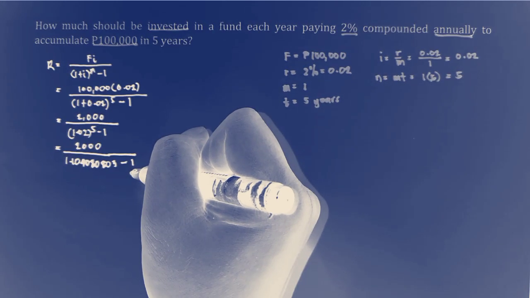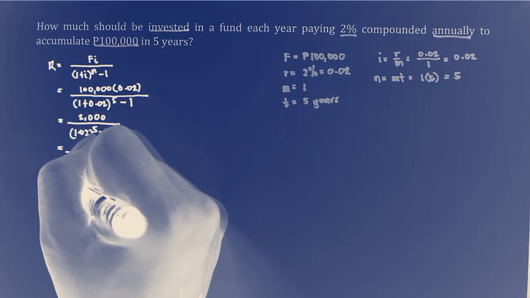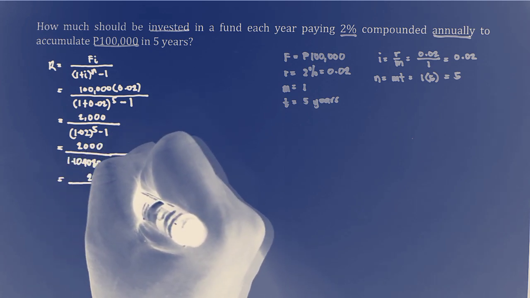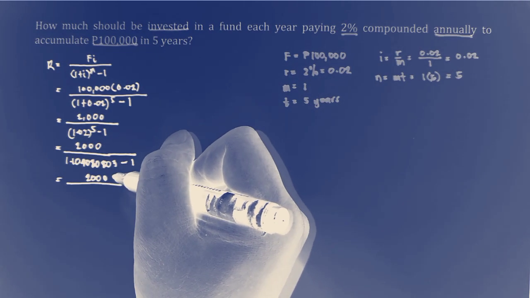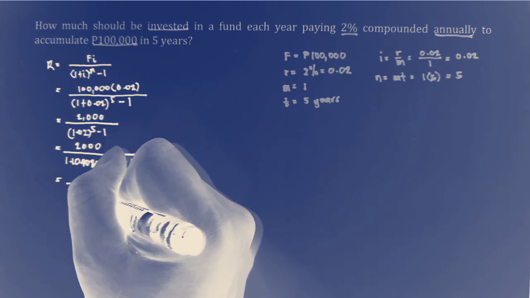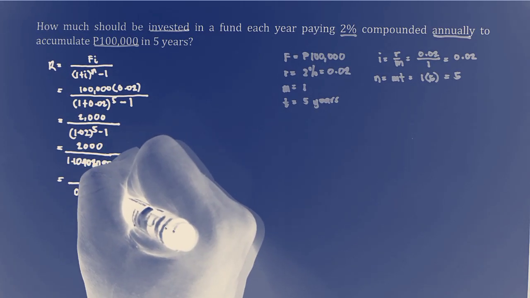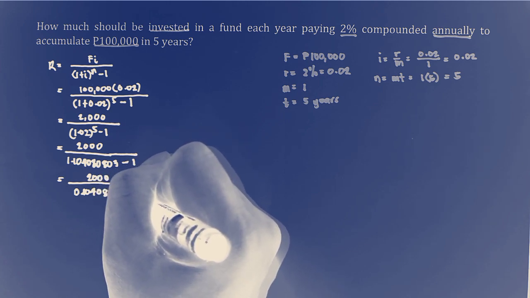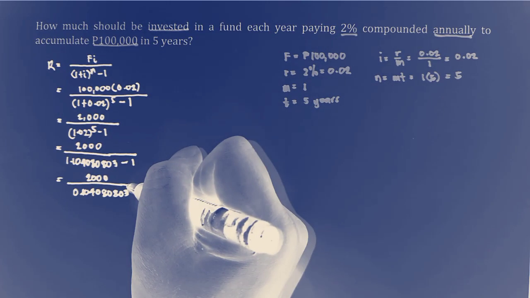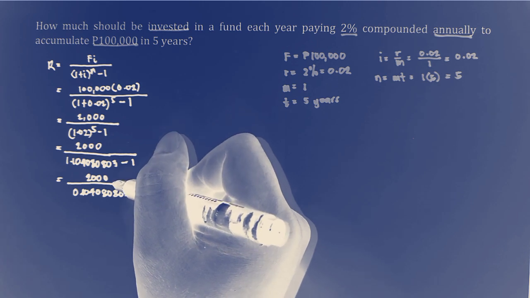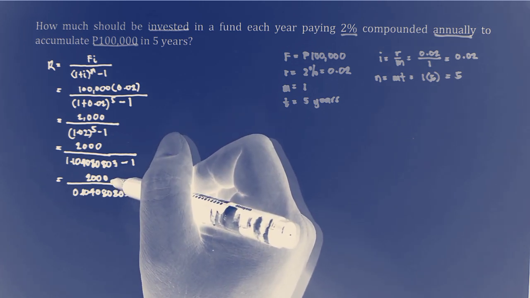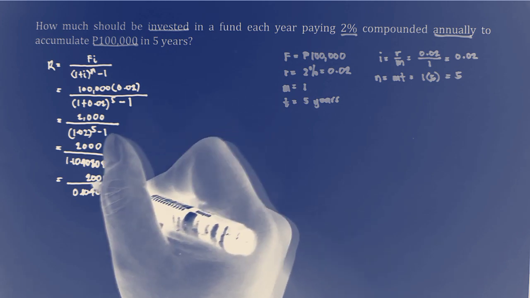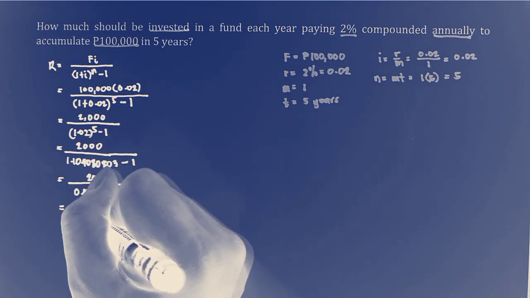So, subtract natin yung nasa denominator natin. Sa result, magkakaroon tayo ngayon ng 2,000 and then over ang difference nitong dalawang ito, which is 0.104080,803. So, ang next natin na gagawin is i-divide natin tong dalawang ito. So, dividing 2,000 by 0.104080,803, ang magiging result natin dito is